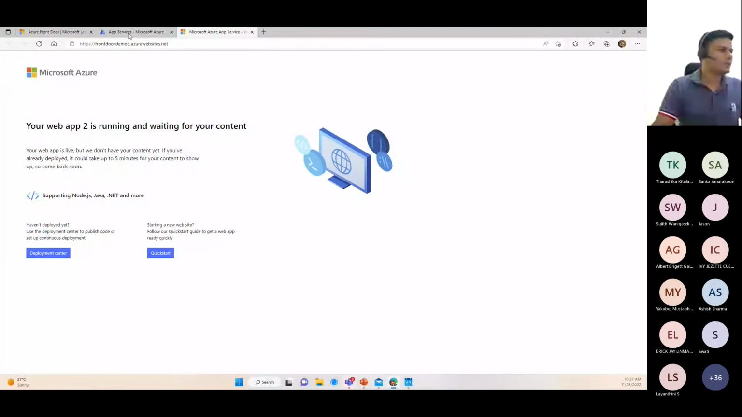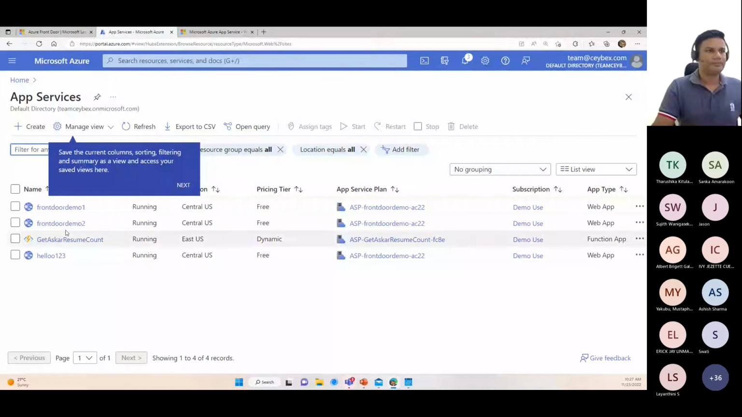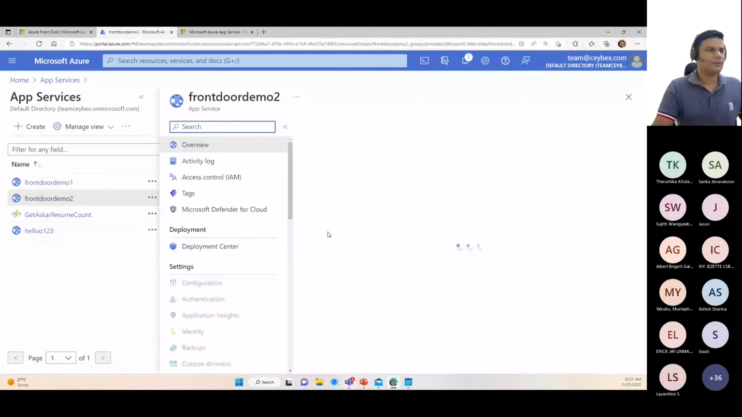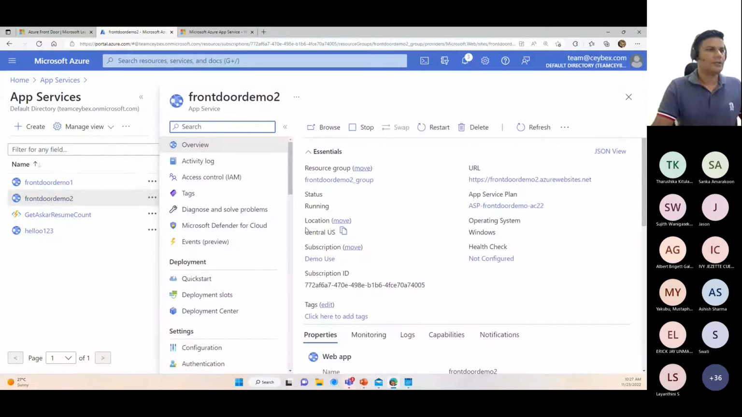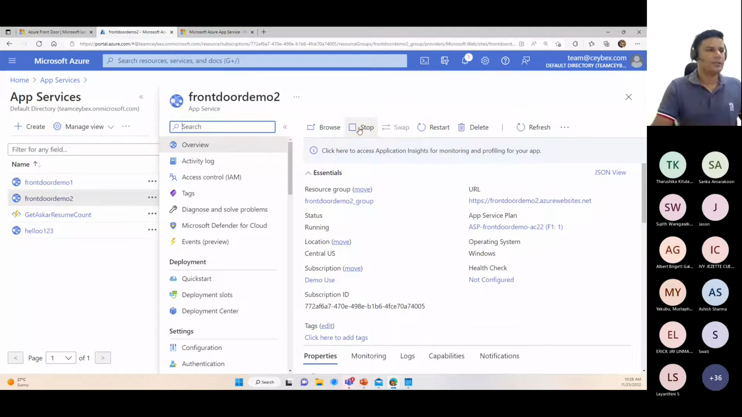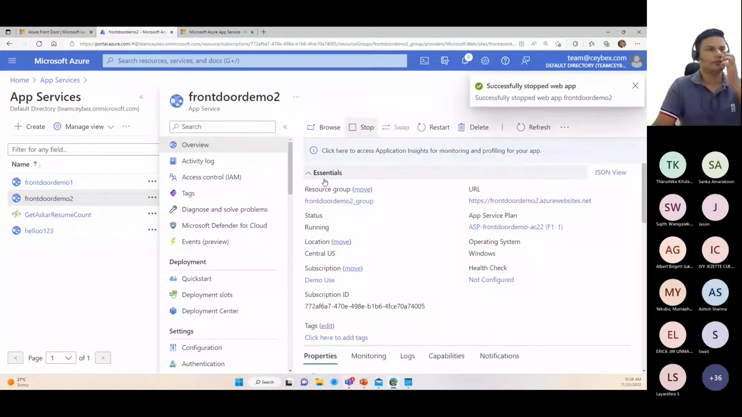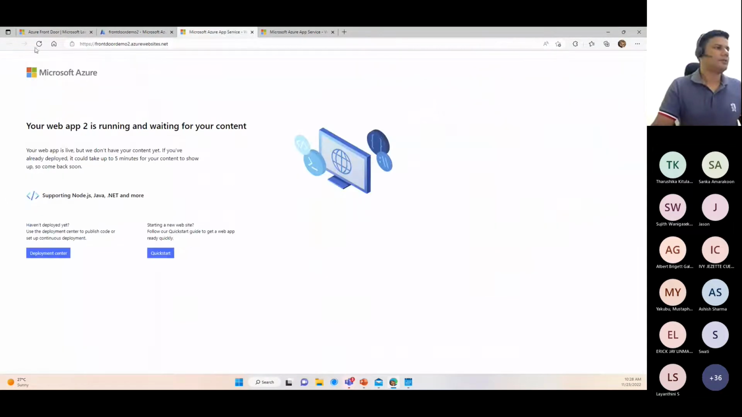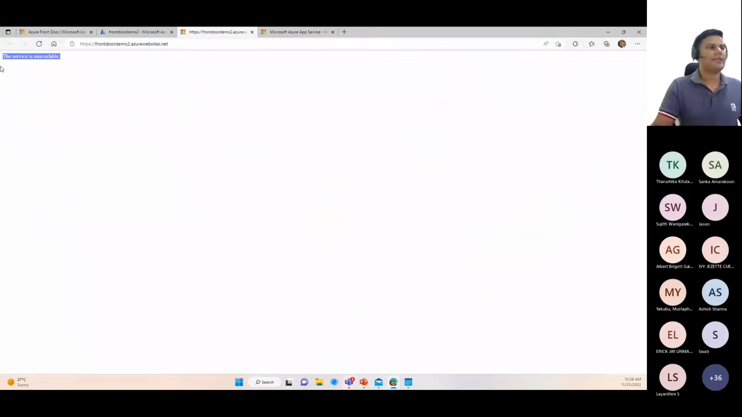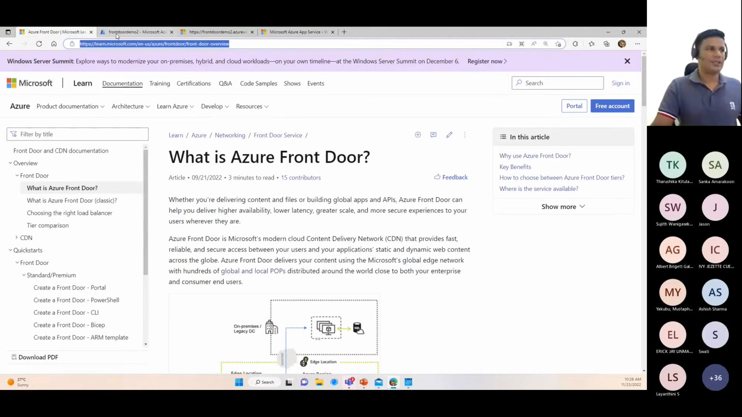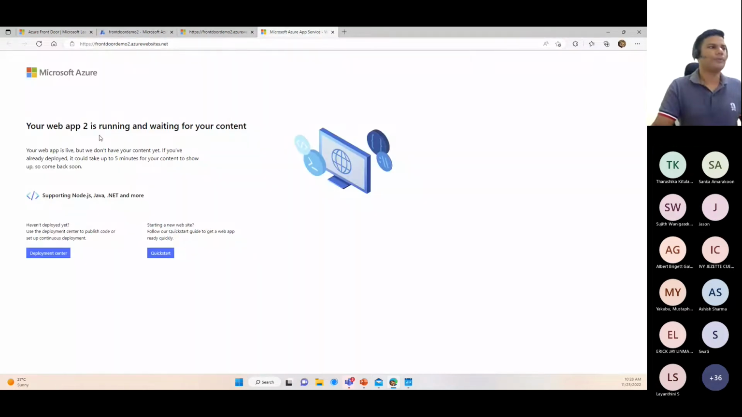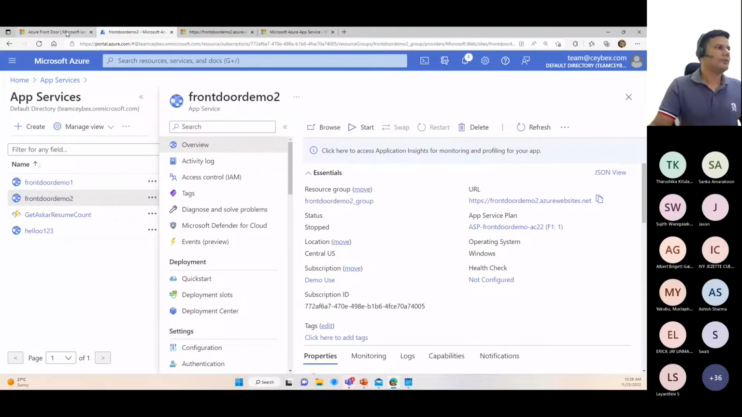So I'm going to stop this two. We'll see what happens. Let's see whether this app is working or not. Now you can see the service is not available, but you can see the front door was accessing from app 2. So when I refresh here,